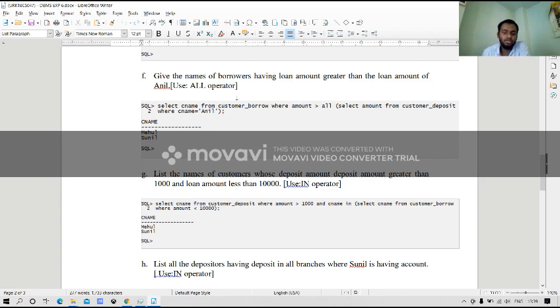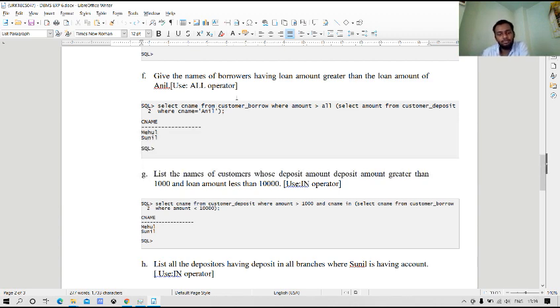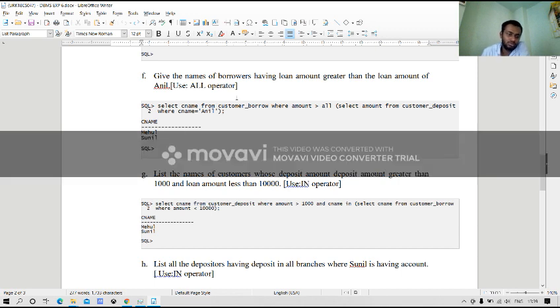It is the IN operator. So first it will satisfy the first query, that is greater than 1,000, and then it will try to satisfy the second query, that is less than 10,000. So only two names satisfy that condition, Mehul and Sunil.